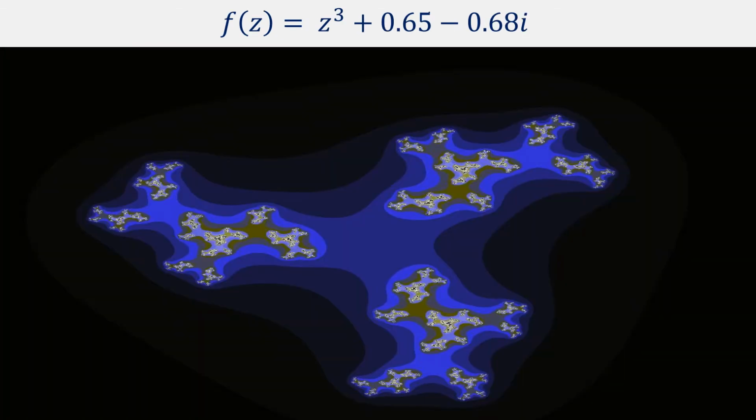If we take another example, here we have the Julia set corresponding to a complex cubic function. We take our input value, we cube it, and we add a particular complex constant value on. And we get this. If we plot the structure in the complex plane, this is the result. And again, we have this notion of self-similarity. We have three parts to this structure, this one, and this one, and those individual parts are made up in very much the same way. This, and this, and this.